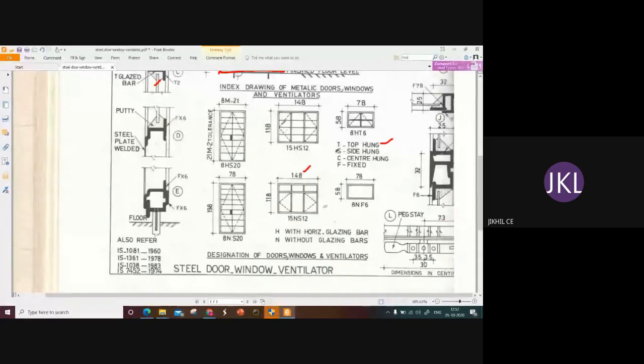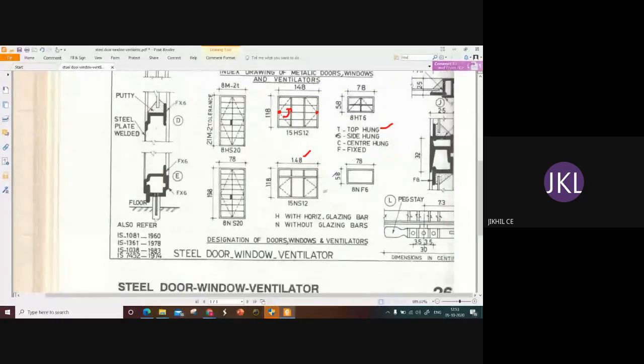And you can see this is a side hung because here is a joining, so we can open in this direction. Similarly, here is a side hung. And in this figure, H means the horizontal glazing bar, and N means it is without a horizontal glazing bar.